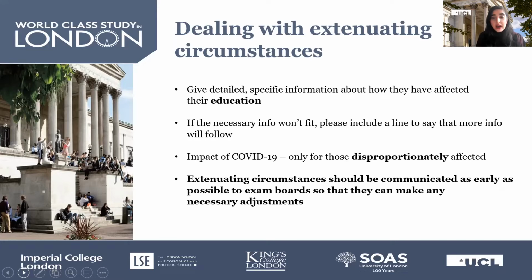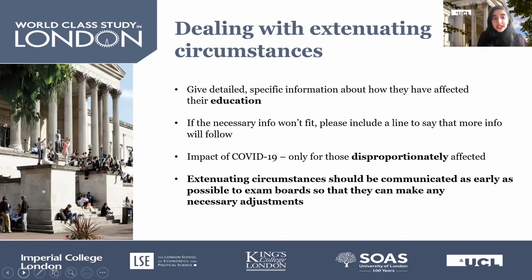Some universities will have specific extenuating circumstances forms, so it is good to make contact with the universities in advance, just to check how they may wish for that information to be provided to them. Of course, not everything can be submitted in advance, and things crop up at later dates unexpectedly. So it is good to let the examination boards know as well if there are any extenuating circumstances, which will be factored into the final decisions and final grades of any students.